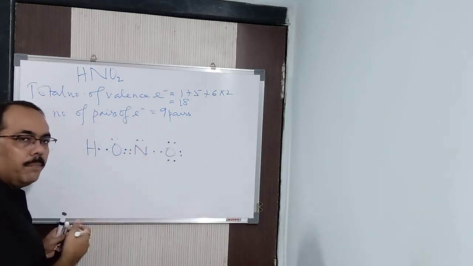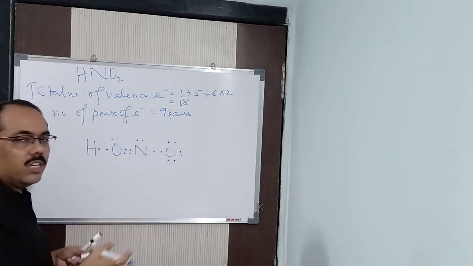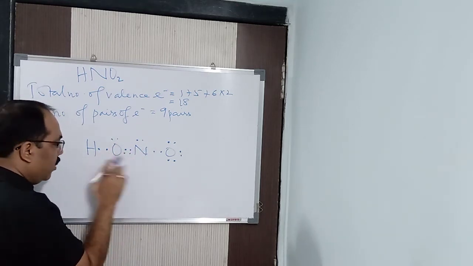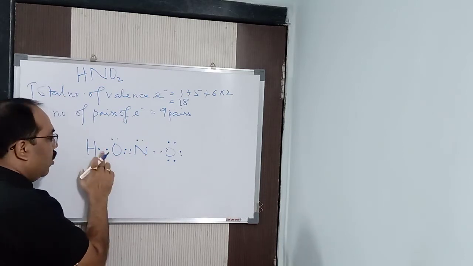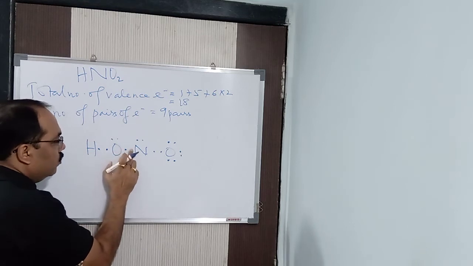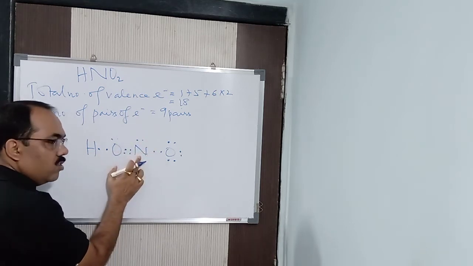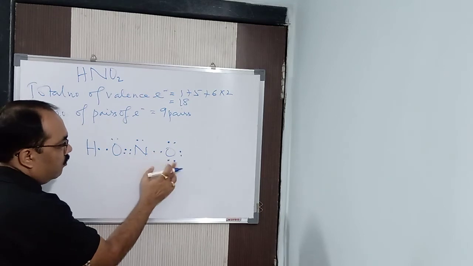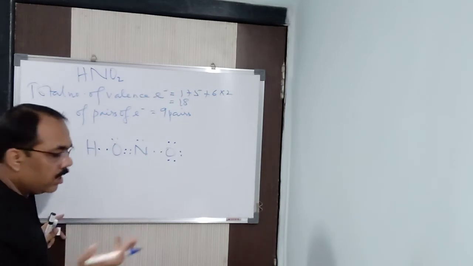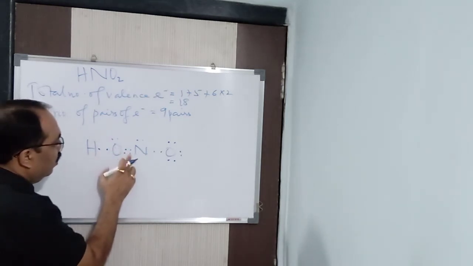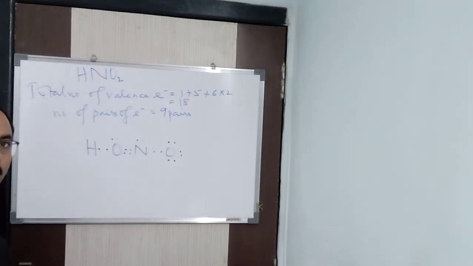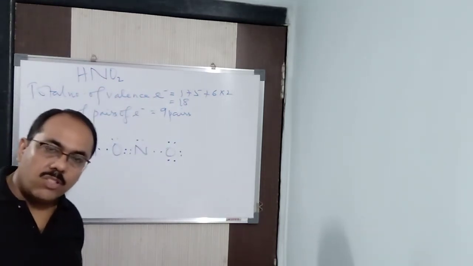Initially I was sharing the pair between the 2 atoms. I will not share now, so I will keep it separately. Now you can count it. Whether it is octet or not, first you count it. Hydrogen duplet, done. Oxygen 1, 2, 3, 4, 5, 6, 7, 8, satisfied. Nitrogen 8, also satisfied. Oxygen 8, satisfied. Let us see whether 9 pairs are there or more than that. 1, 2, 3, 4, 5, 6, 7, 8, 9. Done. 9 pairs are there and the octet rule is also satisfied.